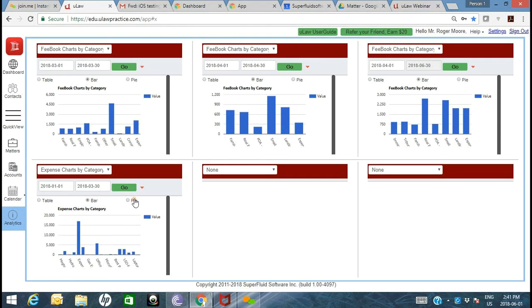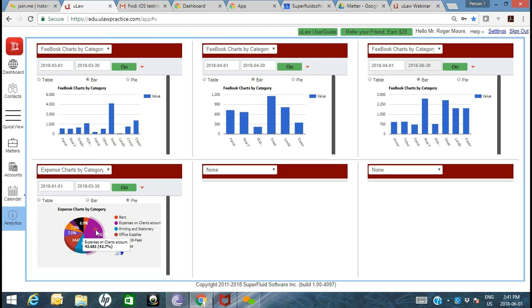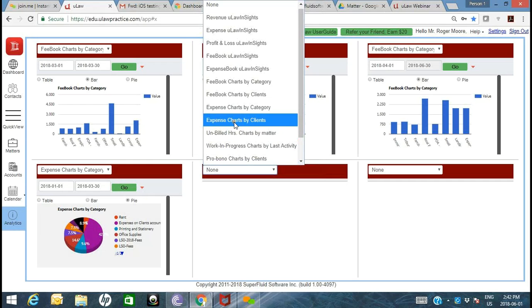So expenses on client accounts was the highest, about 42%, which is great because those are expenses that you can recover, hopefully, right? But about 14% went into office supplies, about 9% went into printing, about 5% went into rent. Now you can compare the expense chart by category